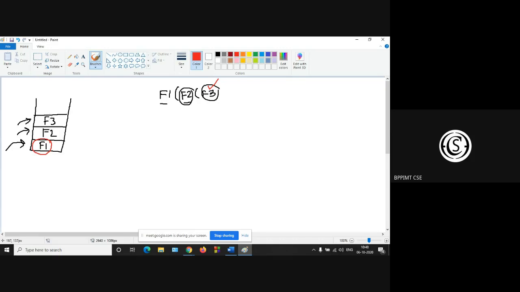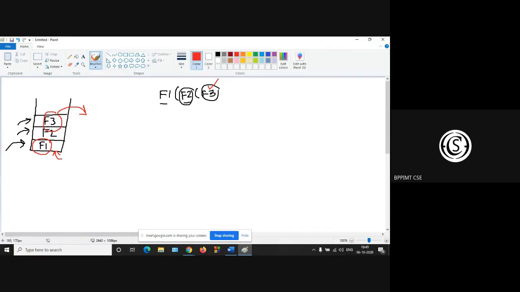So after the execution of f3, which function will be removed from the stack? For insertion and deletion, for push and pop, there is only one end. The other side is totally bounded. So after the execution of f3, f3 is removed.